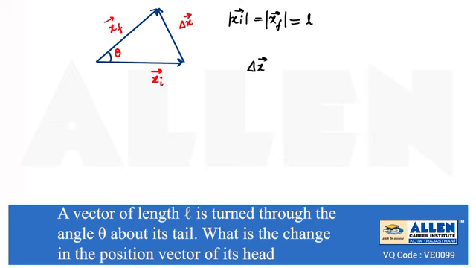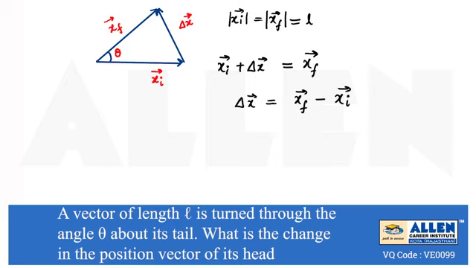Now with the help of vector law of addition, we can see xi vector plus delta x vector, because these two vectors are in same order, that is head of xi vector coincide with tail of delta x vector. Therefore we can say xi vector and delta x vector are in same order, or we can write xi vector plus delta x vector, because they are in same order, will be equal to xf vector, because xf vector is in opposite order as that of xi vector and delta x vector. Therefore on rearranging this one, we will get delta x equal to xf vector minus xi vector,